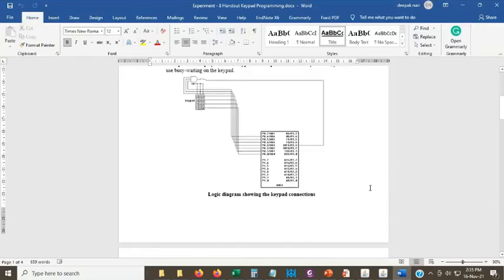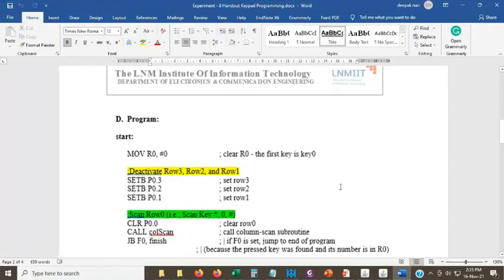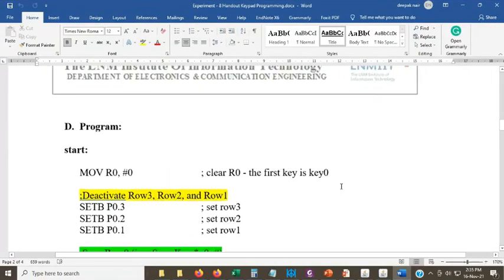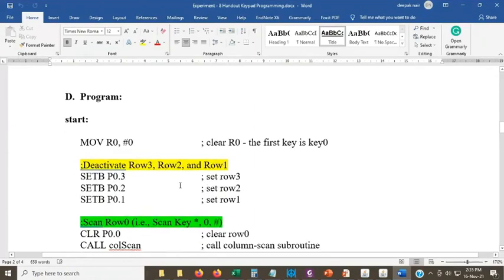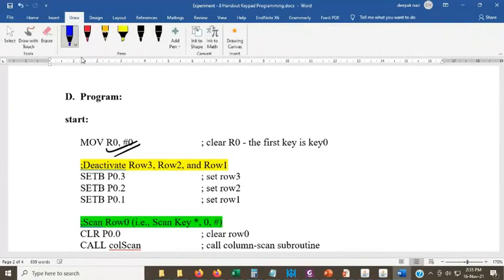Okay, this one. So here you can see how the program is actually flowing. I have separated some of the details so that the program looks a bit better. First of all, we are just checking R0, that is, R0 is becoming 0.